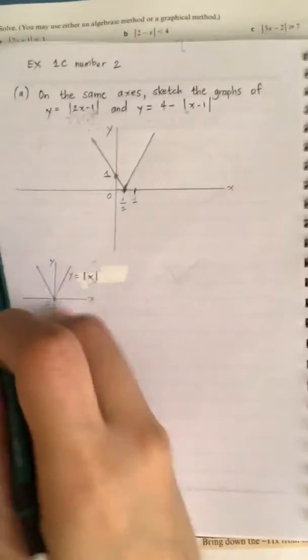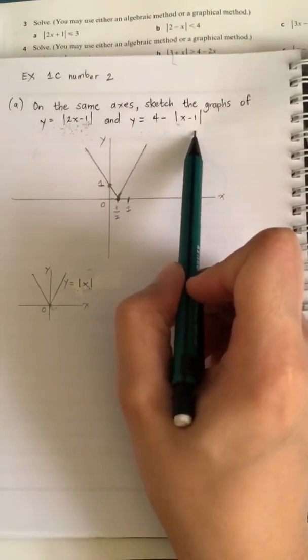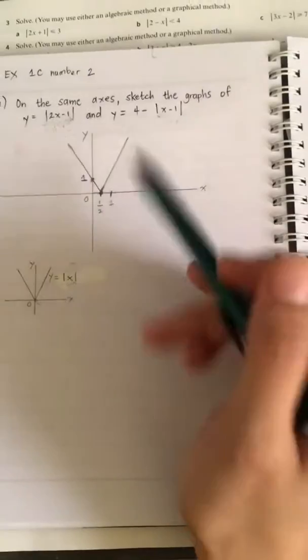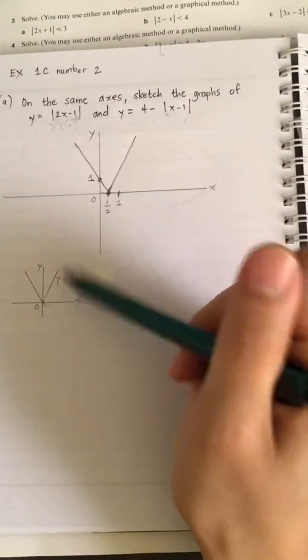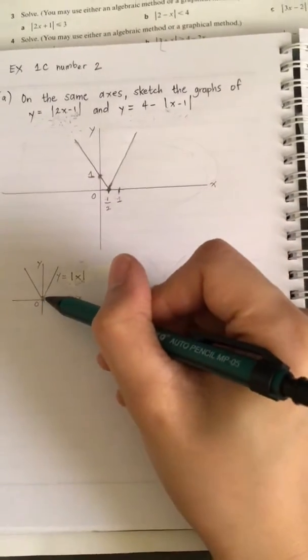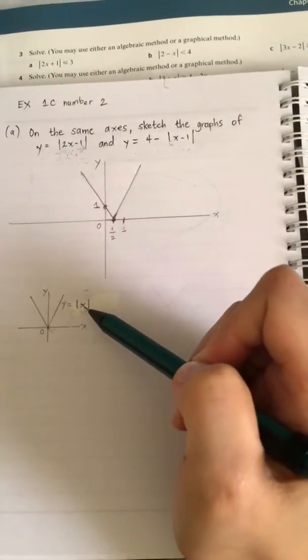So now we will proceed to the next part, which is graphing the second absolute value function. Like what we did for the first one, we will again look at the transformation from this to this absolute value function. Again, we start with the vertex at 0, 0. If we compare the two